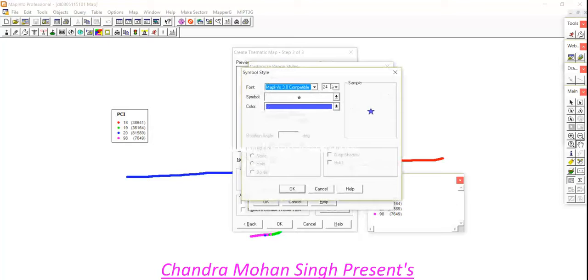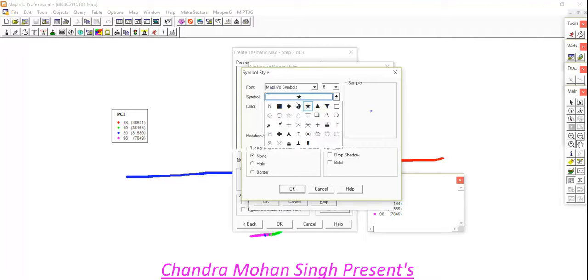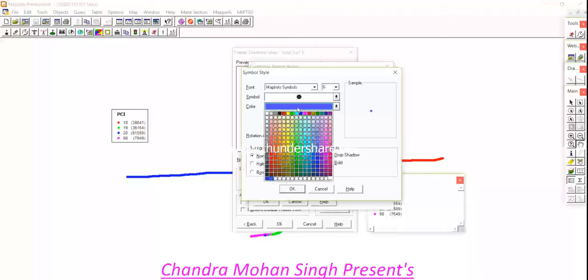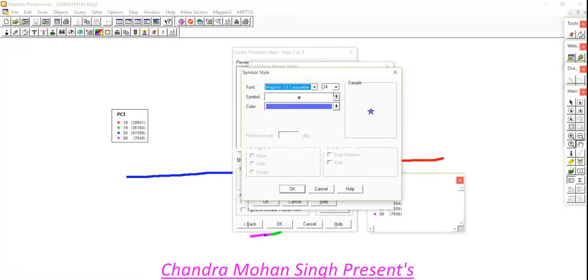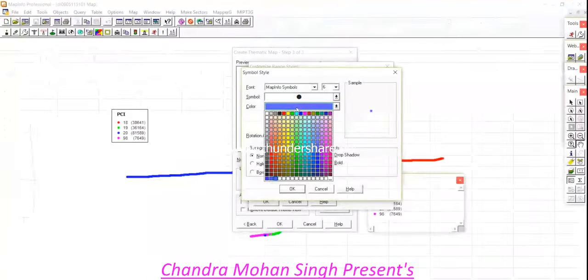We click this particular range, size 6, MapInfo symbol circle, and the color for this range is green. We choose green. Fourth one is size 6, font, MapInfo symbol, circle, and color gray.